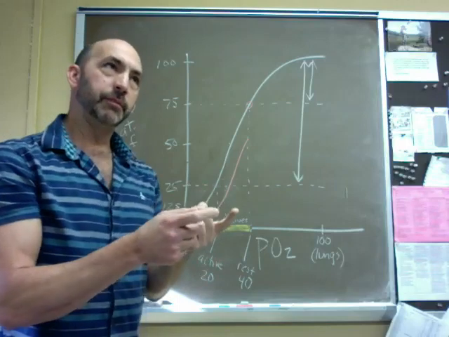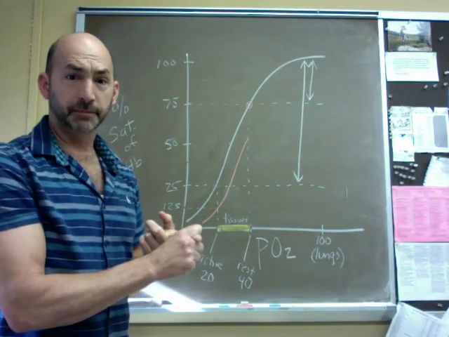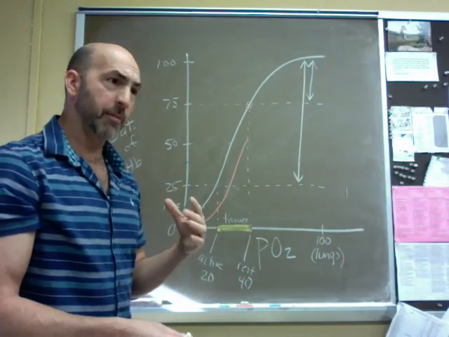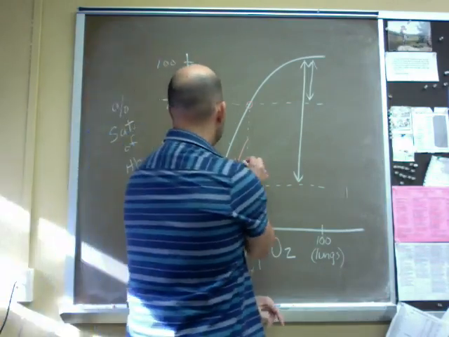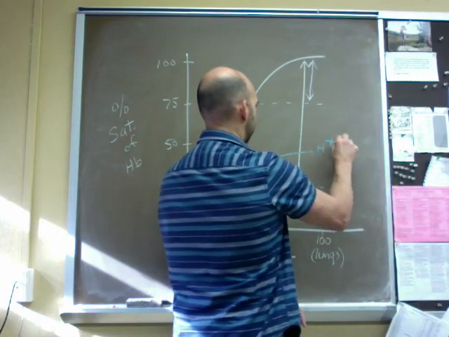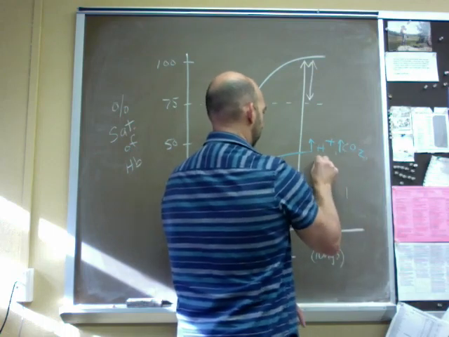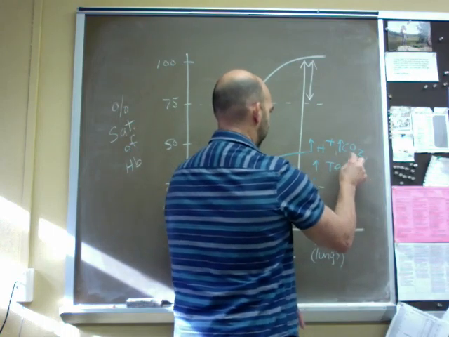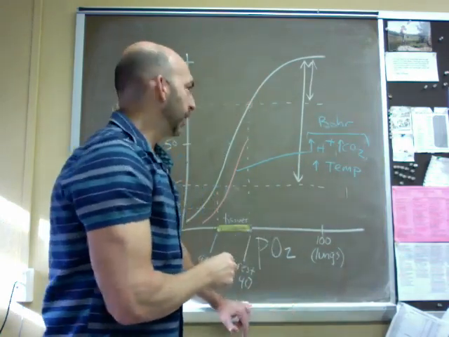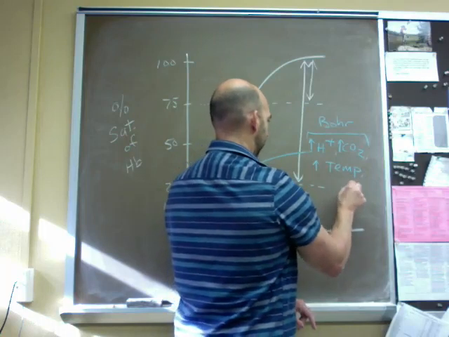right? Just for the purpose of naming things, the H plus CO2 effect on affinity is called the Bohr effect. The temperature effect doesn't have a name. There is one other molecule that we have to point out, another modulator of affinity, right? So this is caused by this shifted curve. It's caused by H plus CO2, and again, increased H plus, increased CO2, increased temperature. These two were the Bohr effect, right? And the fourth item on our list is